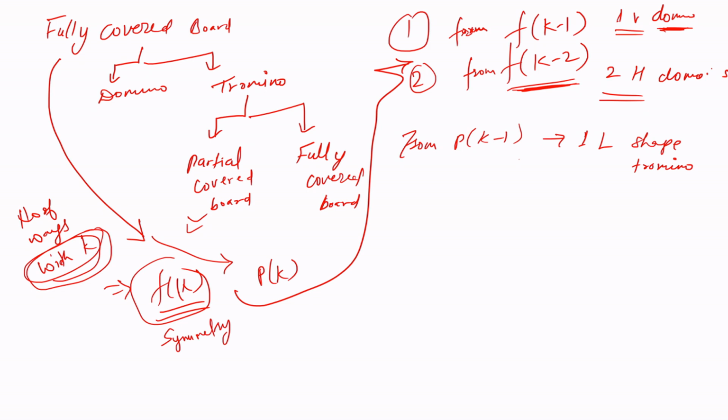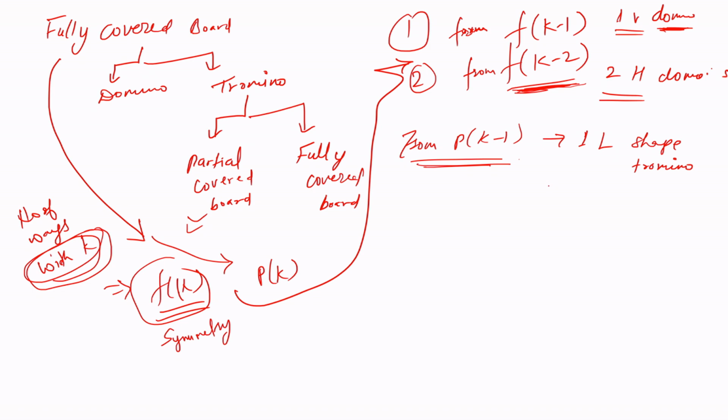Where if we talk about k minus 2, if we have already added k minus 1, where one domino we have added, we are adding a duplicate domino, right? But for k minus 1, we can add one L-shaped tromino for each tiling in